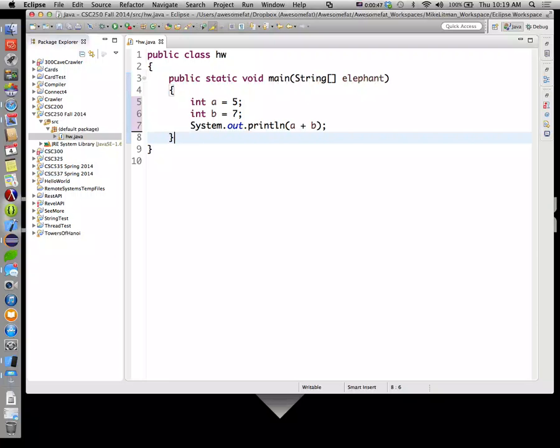So here's the solution to the quiz. Define two variables. Name 1a, set it equal to 5. Name 1b, set it equal to 7. You can make these whatever value you want. You can name the variables whatever you want. But when we add them together, we need to make sure we use whatever names we defined up here. So this should print out